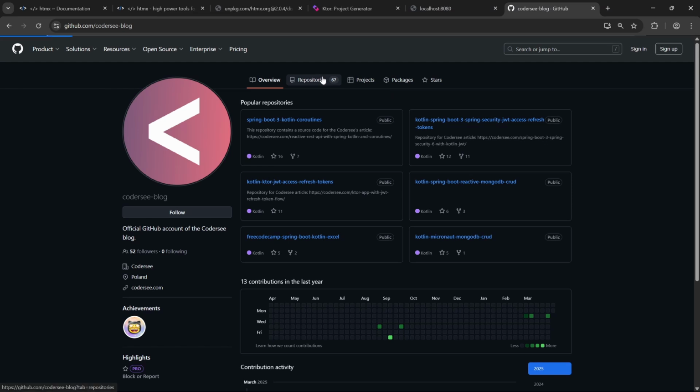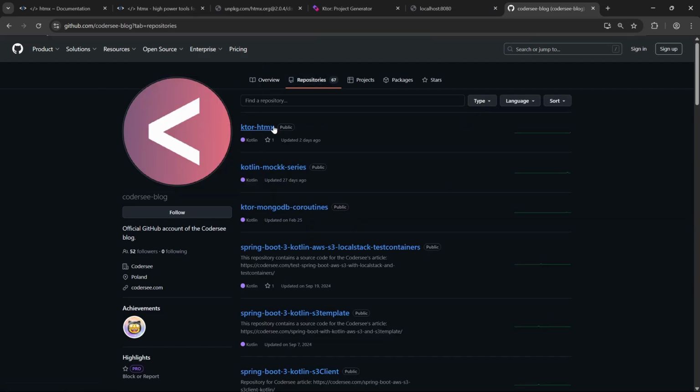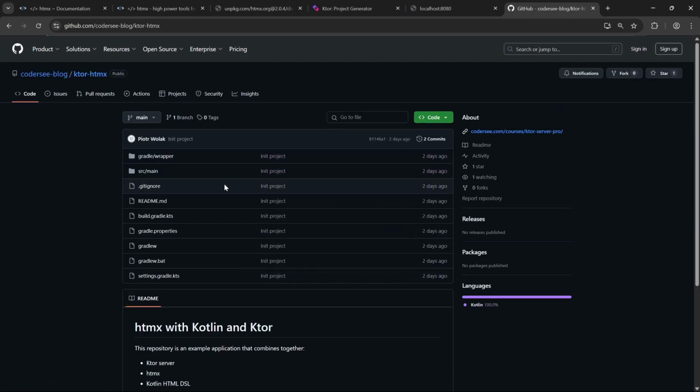So let's navigate to the repositories. We have Ktor HTMX, and I'll go quickly through that because again, this video is about integrating Kotlin with HTMX, and at this point we know everything we need. About the Tailwind CSS, this is really not a front-end tutorial, so I will be simply reusing what I already implemented. And for the first thing,